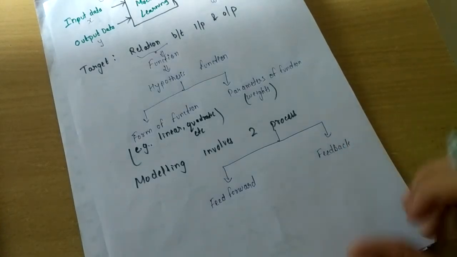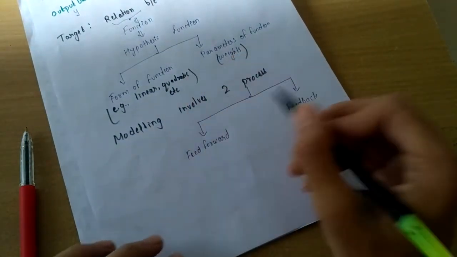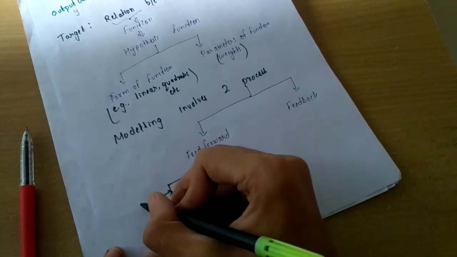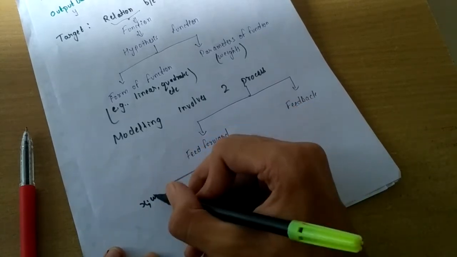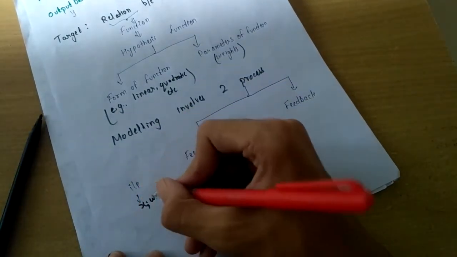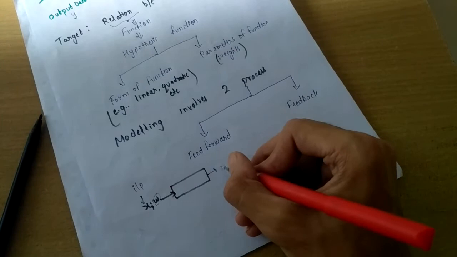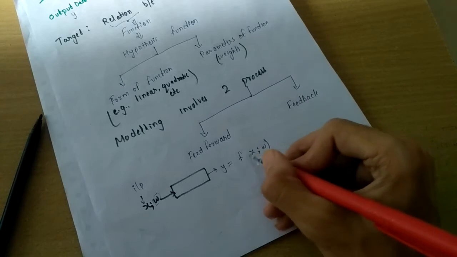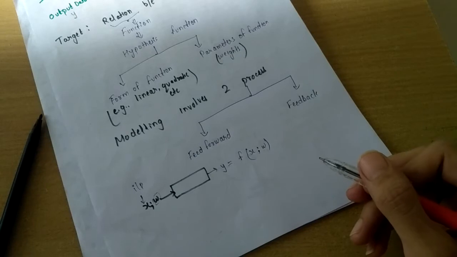Let me write now, we want to study feed forward first. In feed forward, we have X and W. This is the notation, with a semicolon. Why do we write a semicolon? Because X is fixed, this is our input, but W we can update as per our need. And we get output Y, which is a function of X and W. I will take an example, so don't worry if you are not getting anything.